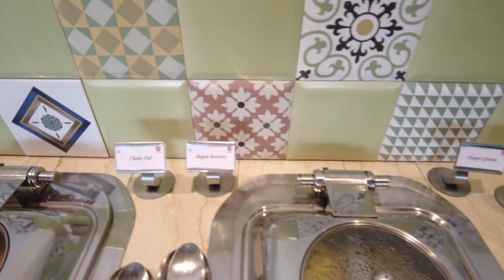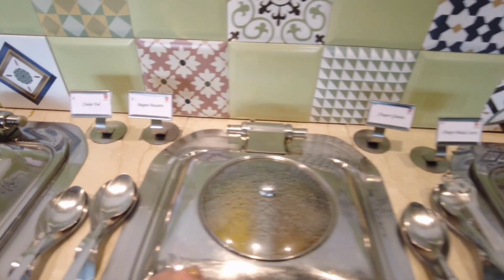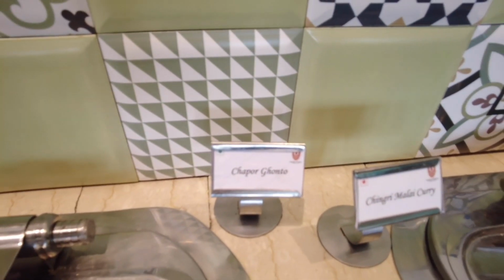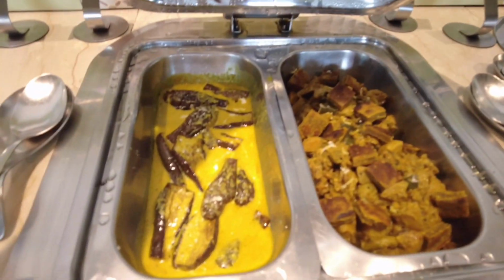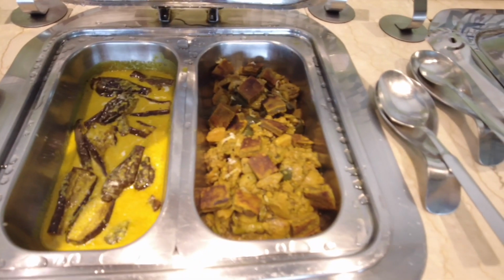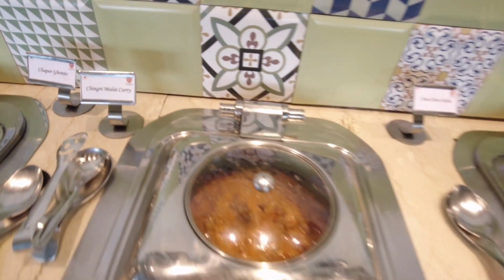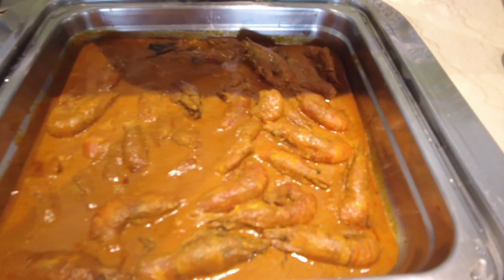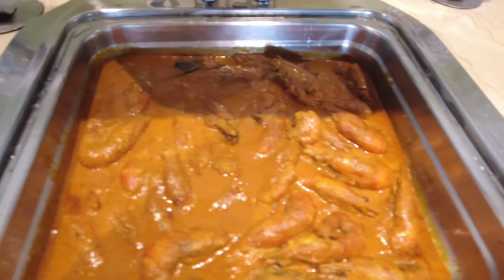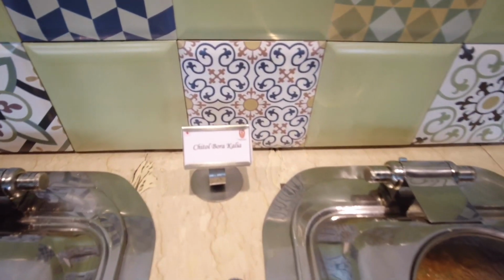You had your dal, which was your yellow lentils, and you also had some eggplants in gravy, along with some veggies here, some stir-fried vegetables. I believe the eggplants do look nice in a yellow gravy. And then you had prawn curry. This was your Malai curry, and this is basically prawn cooked in cream. So the gravy is made out of fresh cream. You also had some